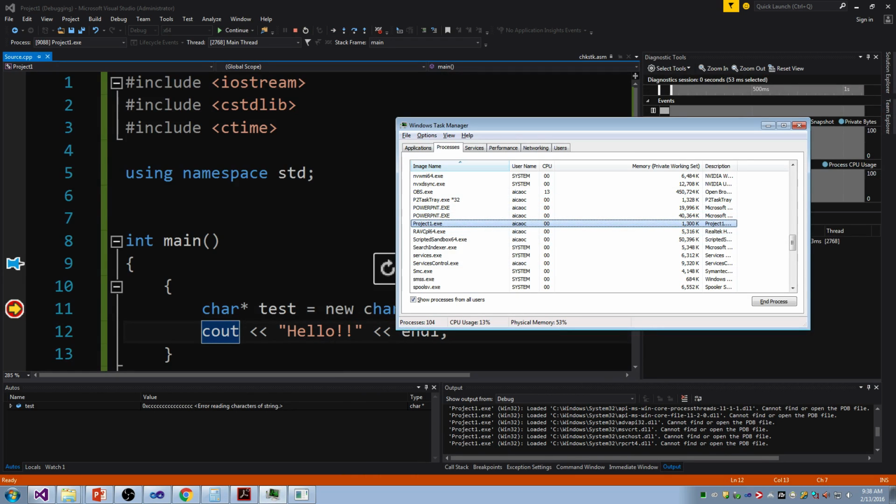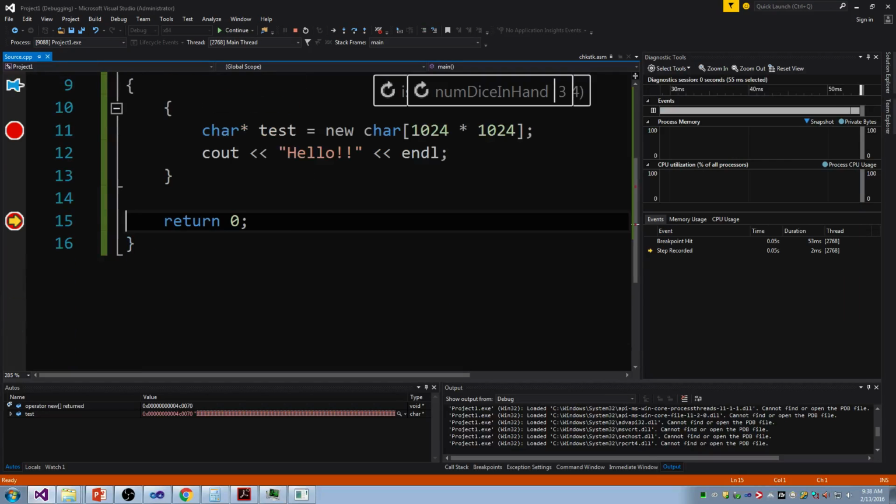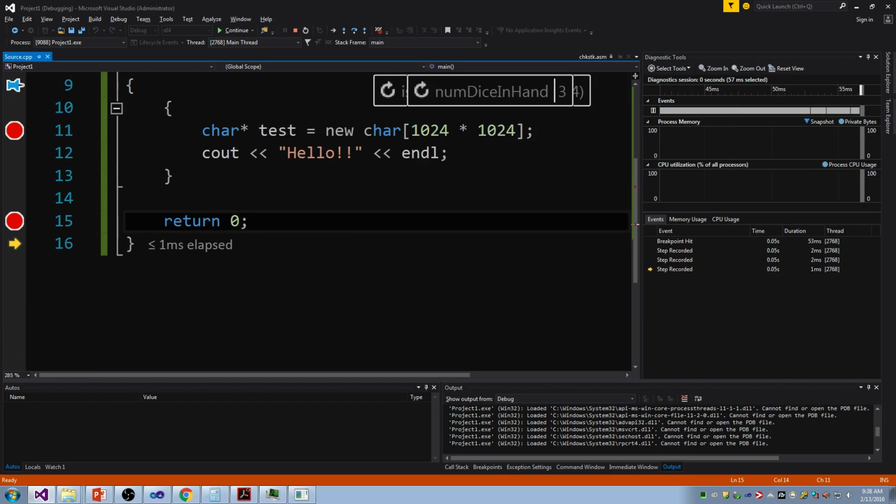Let's go to our project here, taking up 1300 kilobytes. Let's step 1 time here. Now it's taking up 2 kilobytes. Can you see? Then as soon as I go here and exit,